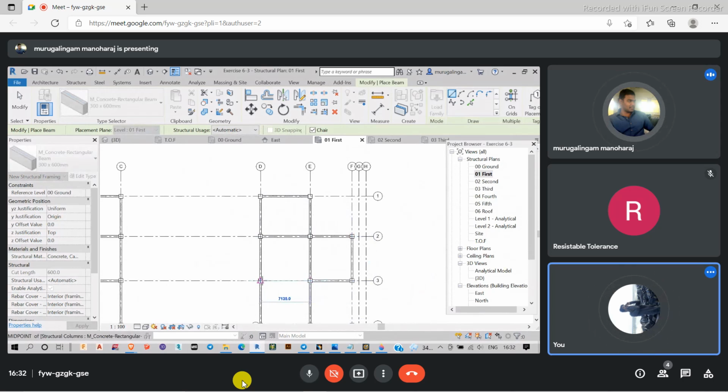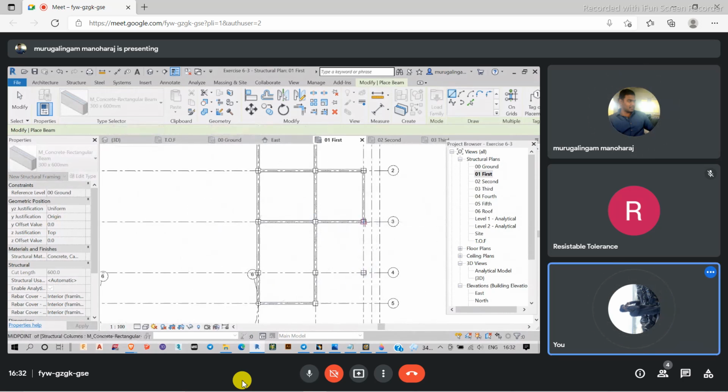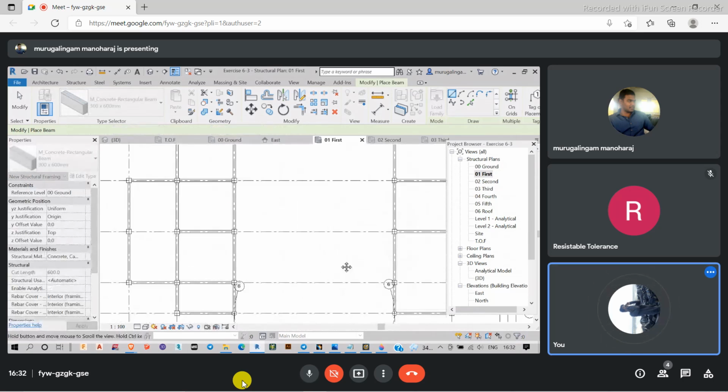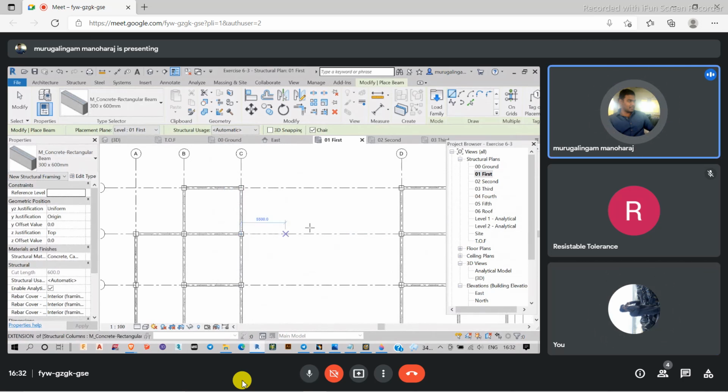Those are the basic options. Yes, sir. Similarly, I don't want a beam here because I'm not going to create any slabs there.